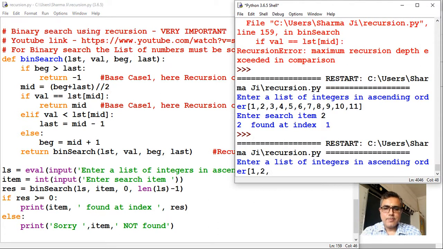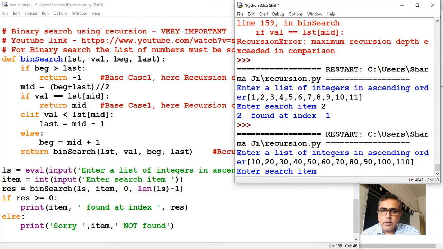I'll enter 10, 20, 30, 40, 50, 60, 70, 80, 90, 100 and 110.